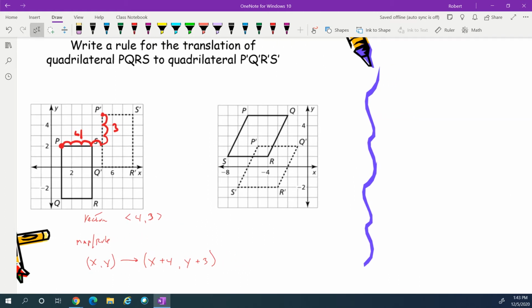Let's look at the second one. And I'm going to approach it the exact same way. Original to new. Original does not have a prime indicator. The new one does. So I need to know my direction. So for example, and I can choose any vertex, Q to Q prime. I go over. So this is to the right,